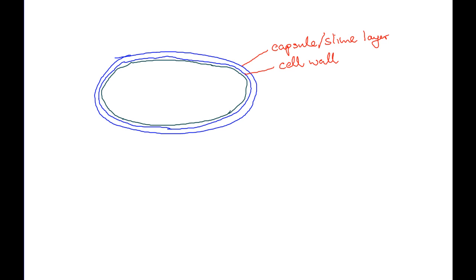And that would be our cell membrane there. So cell membrane. Okay, apart from that, these are the structures on the outside. On the inside then,